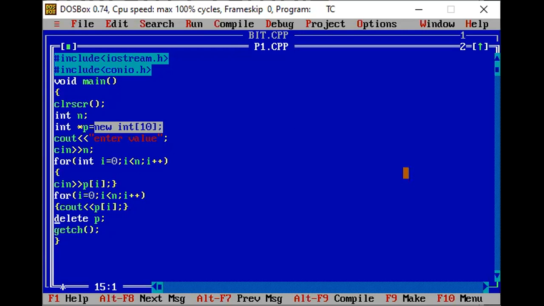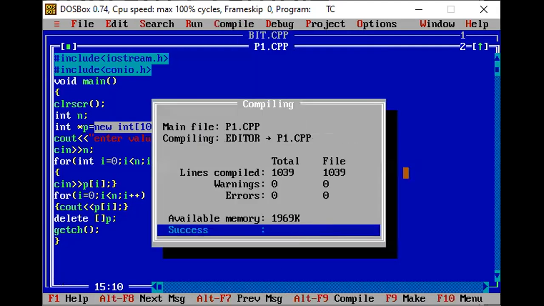In case you have allocated the memory, you have to deallocate it. As far as the array is concerned, you have to deallocate by using the square brackets before your pointer variable. Okay, and if you are using a simple variable, then delete and your pointer variable when you are going to release the memory in your simple variable case. But as the array is concerned, then you have to use your square brackets. Then I will compile it.